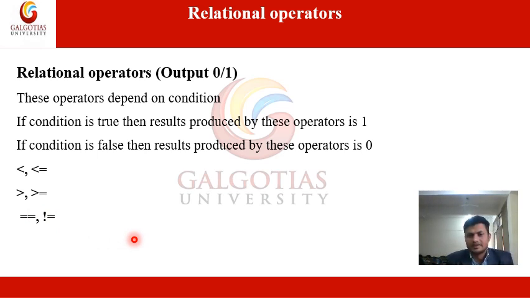Later on in this presentation, I will tell you the meaning of single equal. The single equal is just like assignment. That is not equality in computer programming. If you want equality in computer programming, we need to use a double equal to. So this is the relational operator; all these operators are relational operators. Suppose I am writing like this: x less than y. If the condition is true, then x is less than y will return true to the compiler, meaning 1. Otherwise it will return false.